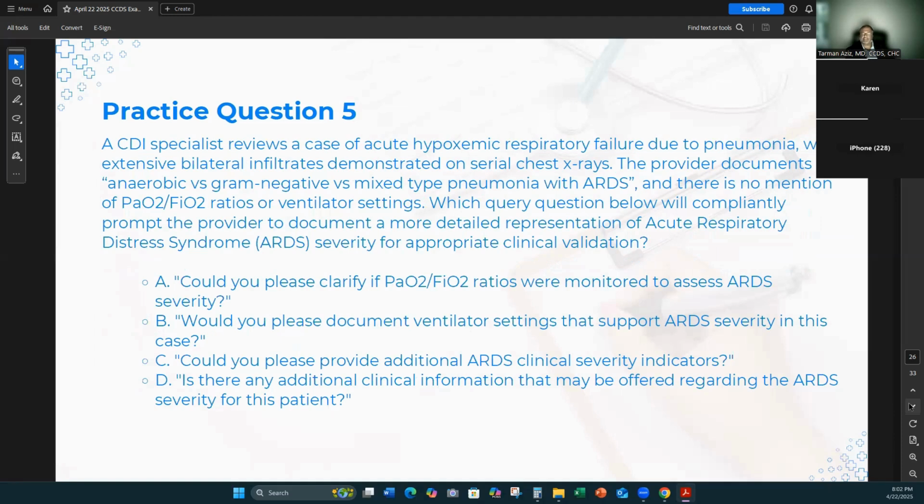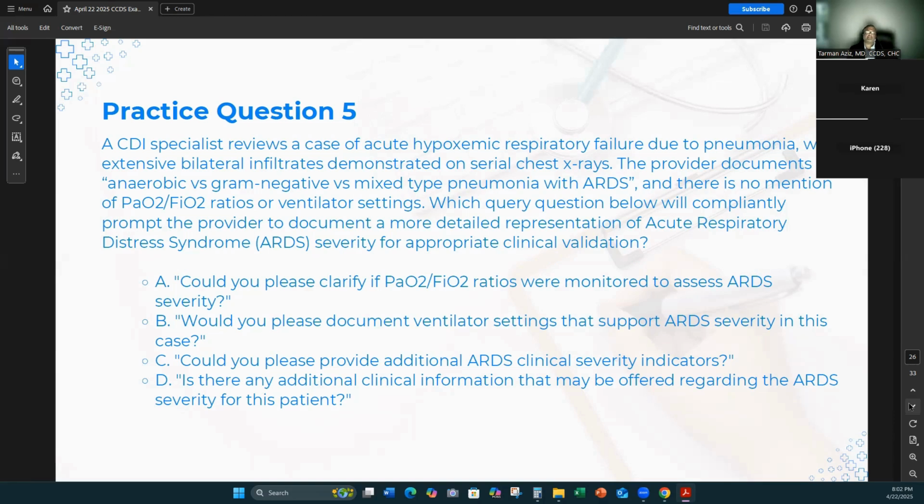Next, we have a question that has more to do with compliance and asking a query question compliantly. You should read the CCDS guidelines as published by AHIMA on effective and compliant query practice. The examinee handbook also lets you know to read that document, about 20 or 25 pages or so to get through. It gives you real gems for the exam on how to write effective queries.